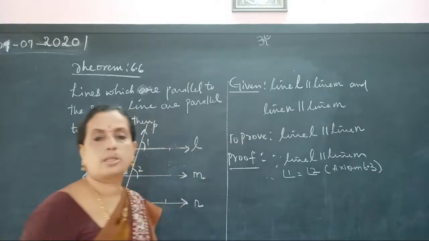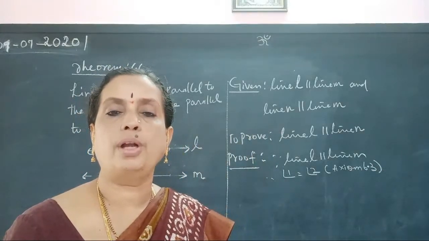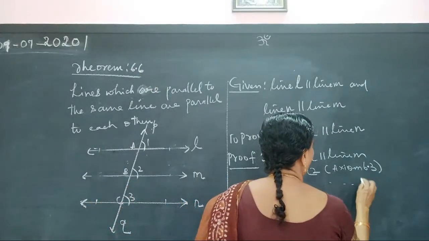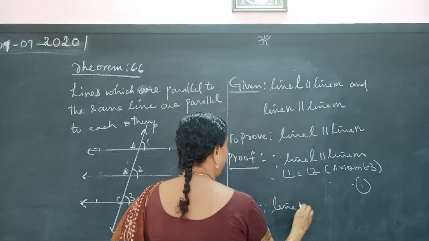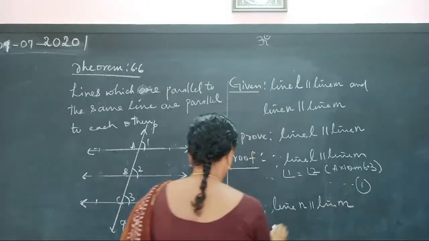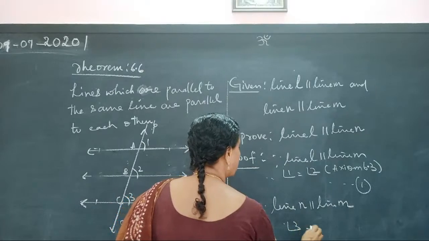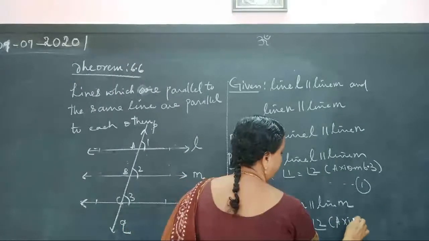According to axiom 6.3, when the lines are parallel, their corresponding angles are equal. Take it as result 1. Next, since line N is parallel to line M, therefore angle 3 equals angle 2. Same reason, axiom